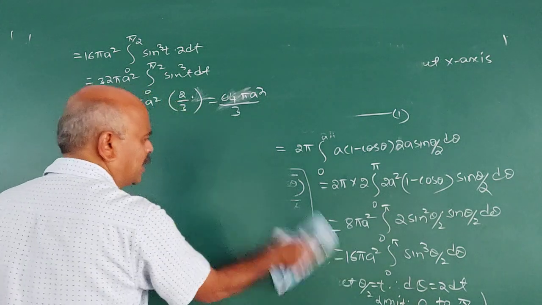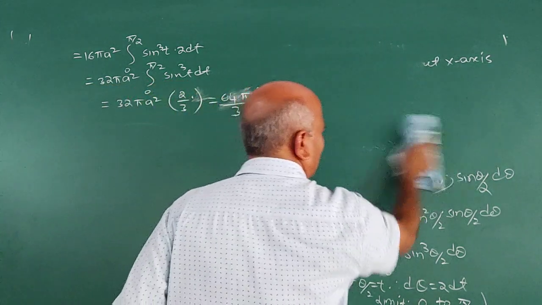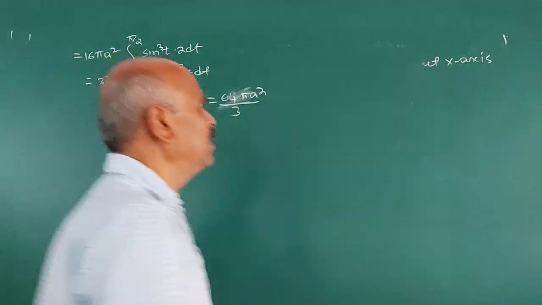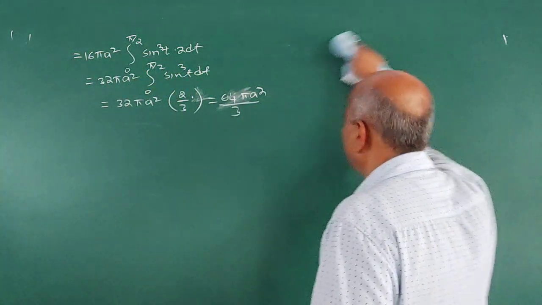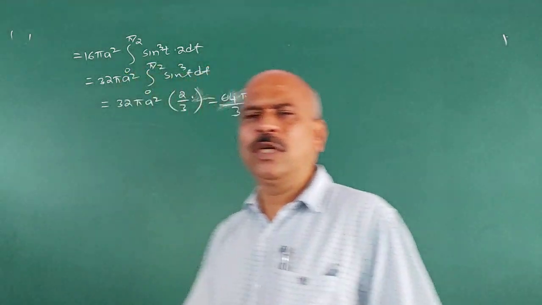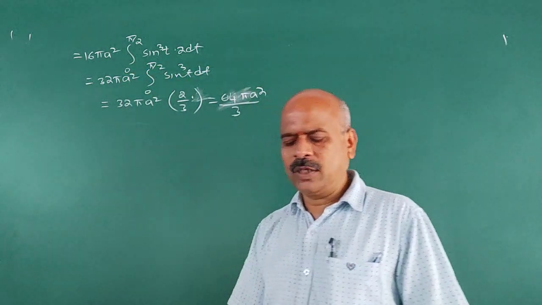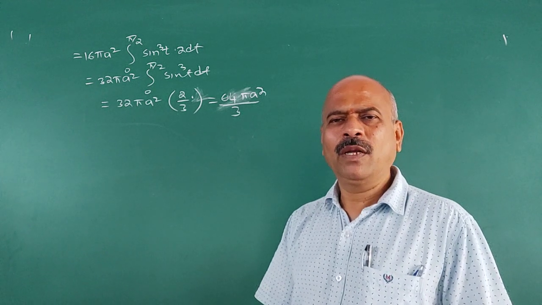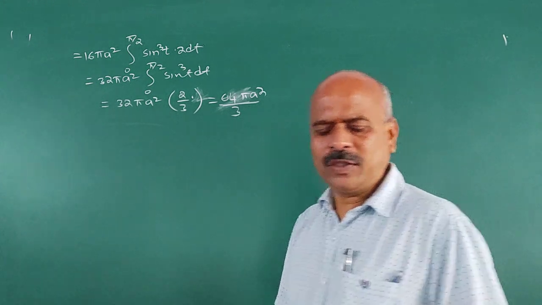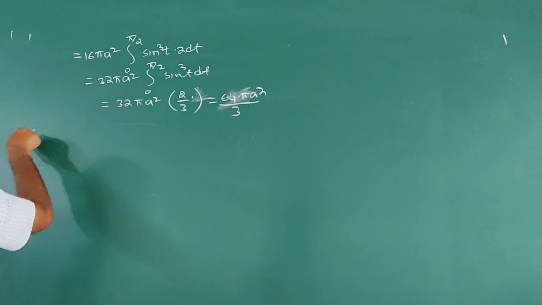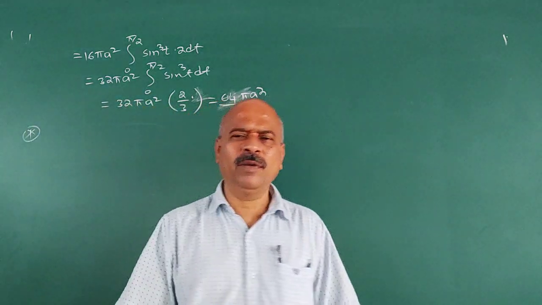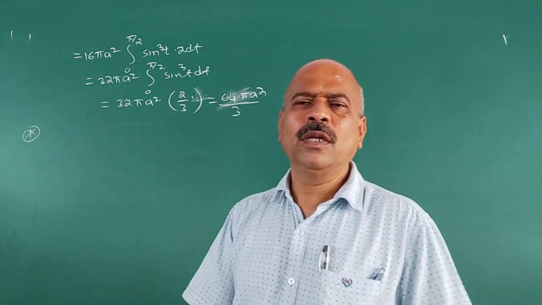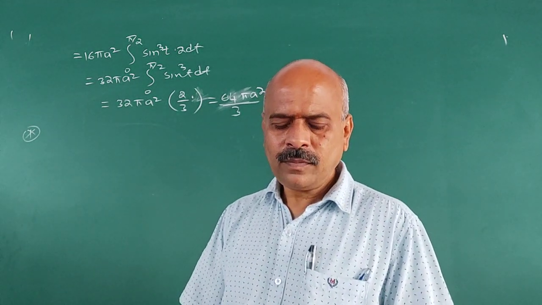Problems are simple. The only thing is the shape of the curve is important, because I take the next problem here. The shape of the curve makes a lot of difference. If you know one branch of the curve, then only you will get the correct area or even volume or surface area. Can I go to the next problem here? I think the first problem is clearly understood by you. All have followed this one.